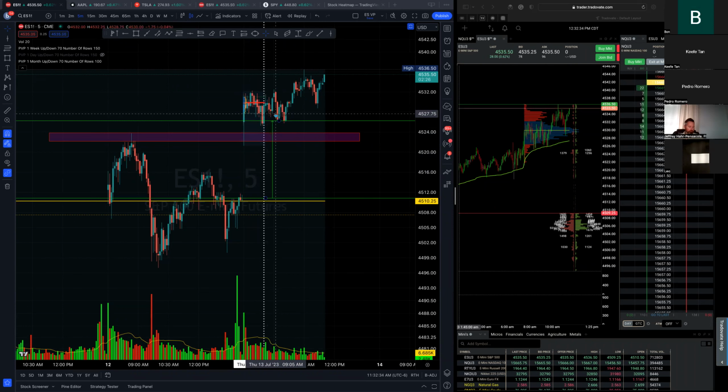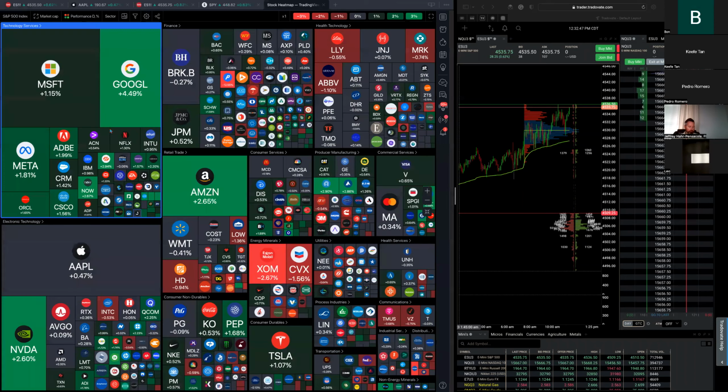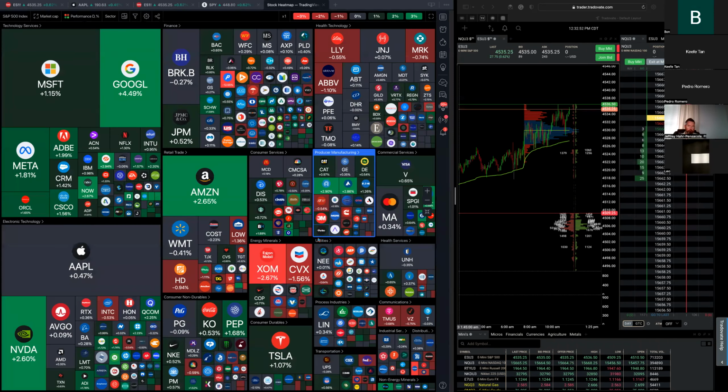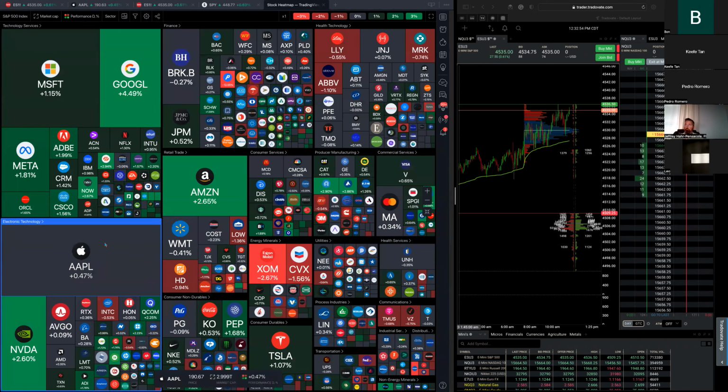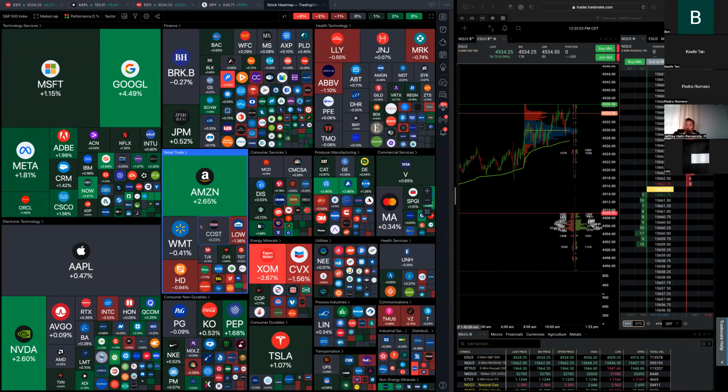But as soon as I got home, I immediately saw this going on, did all my analysis on the charts, took a quick view on, let me close this, the heat map. How's the heat map looking? I mean, it's looking extremely bullish if you ask me. When we look at the heat map, this sector is pretty strong in holding. I mean, technology is absolutely ripping. We got some retail holding. If you look at the overall market,